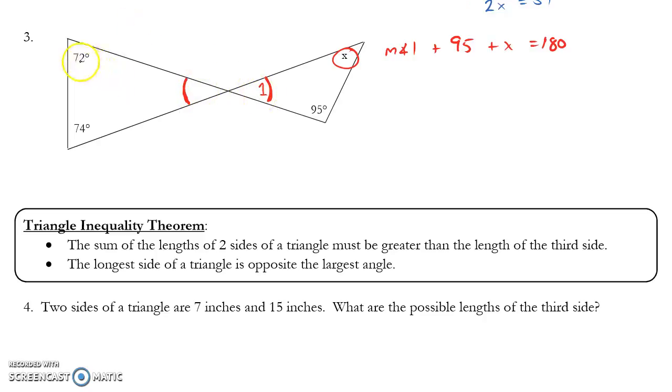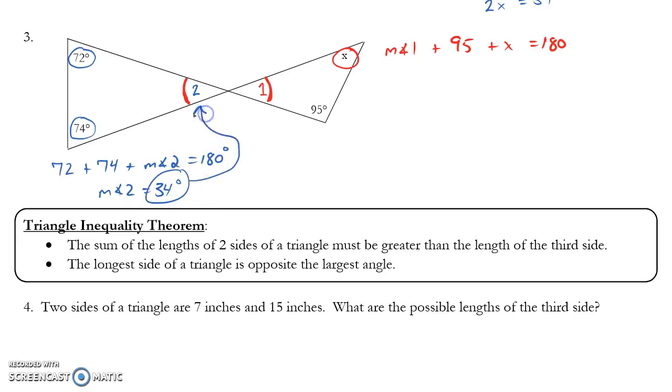Well, that's good, because I know that I have 72 degrees, 74 degrees. This, which I will call angle 2, has to make these three angles add to 180. So it's my 72 plus my 74 plus the measure of my angle 2 has to be 180 degrees. The quick algebra tells me that the measure of angle 2, when I add these, subtract that sum from 180, gives me 34. That makes this a 34 degree angle, which makes this a 34 degree angle,